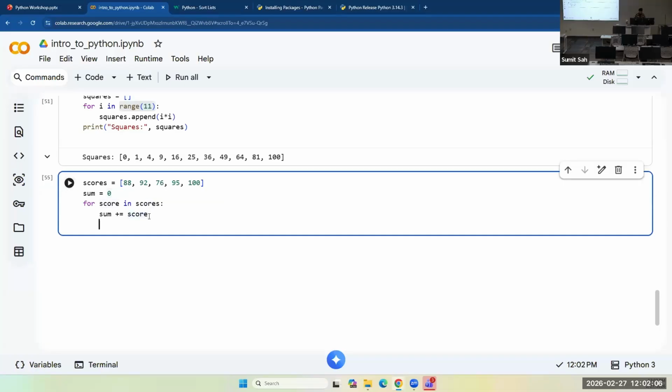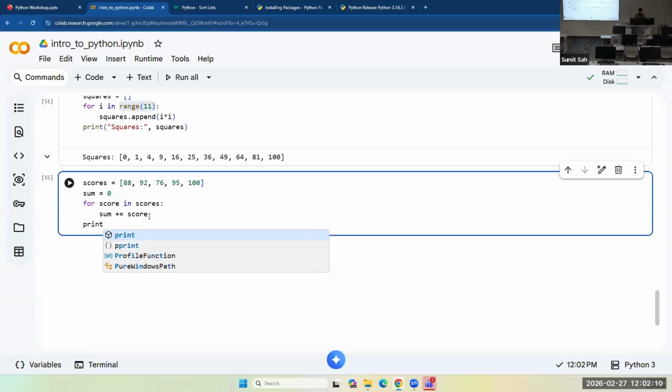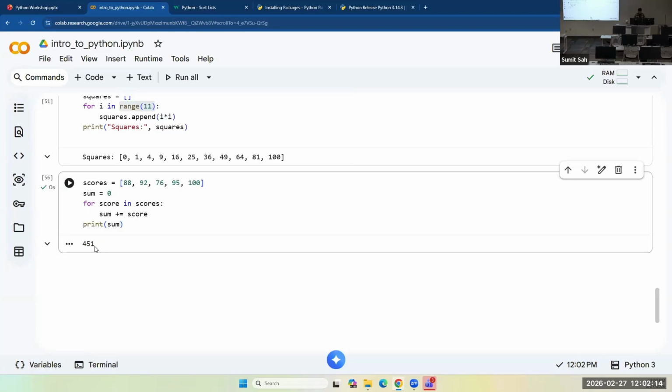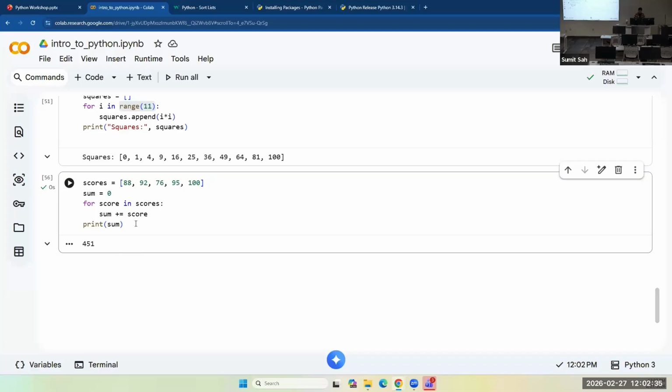Now let's print sum. 451. In the first loop, my score is 88, so it will add 88 to 0. In the second loop, 92 will be added to 88, and in the third loop, 76, and so on. And then finally, we will come out of the loop, and we will get the sum.